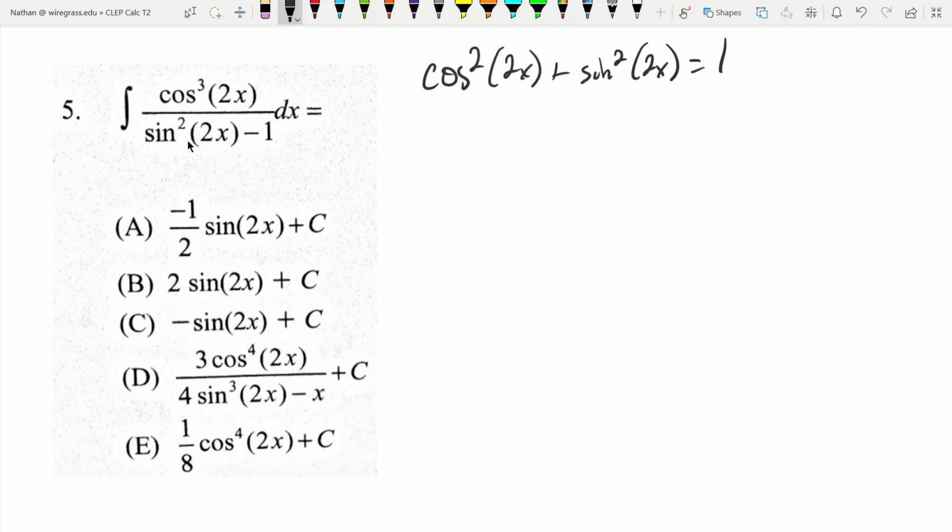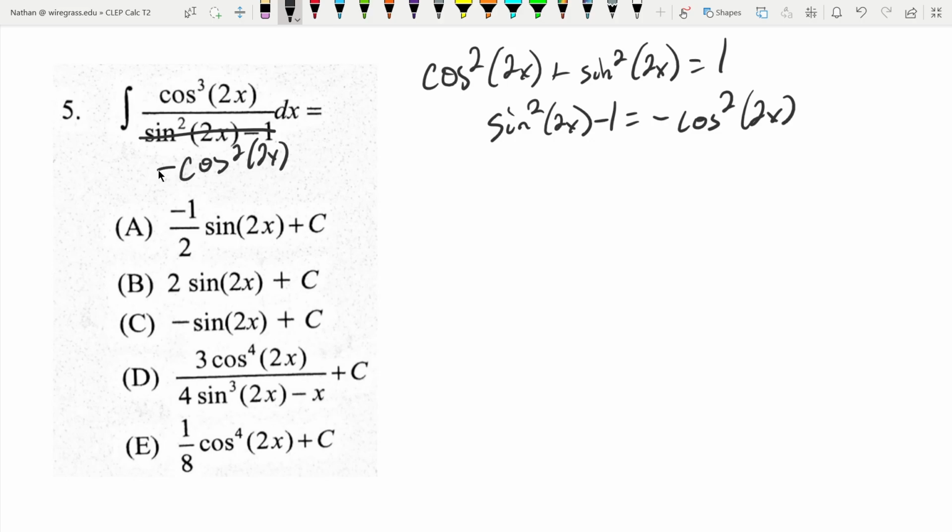Namely, we have sine squared 2x minus 1. So if I'm going to subtract 1, I have to subtract cosine squared. So sine squared 2x minus 1 equals negative cosine squared 2x. So this is actually just cosine squared 2x with a negative in front of that. So these cancel with two of those, and really this thing is just the integral of negative cosine squared 2x